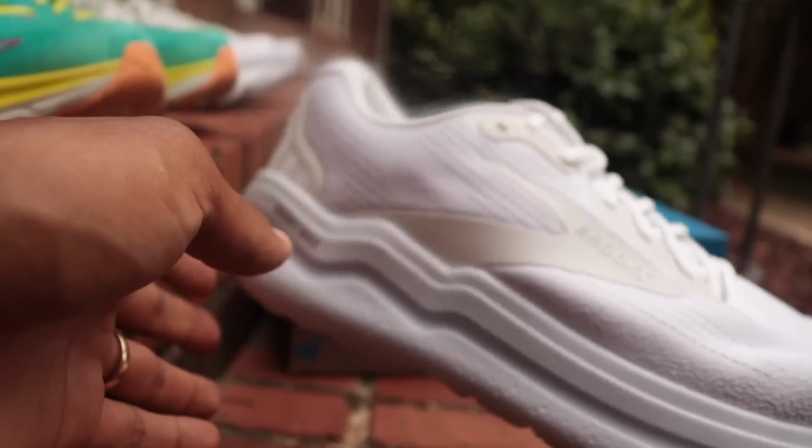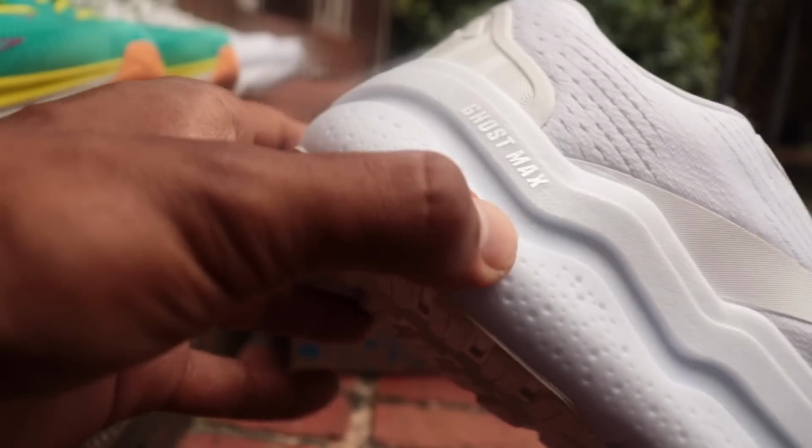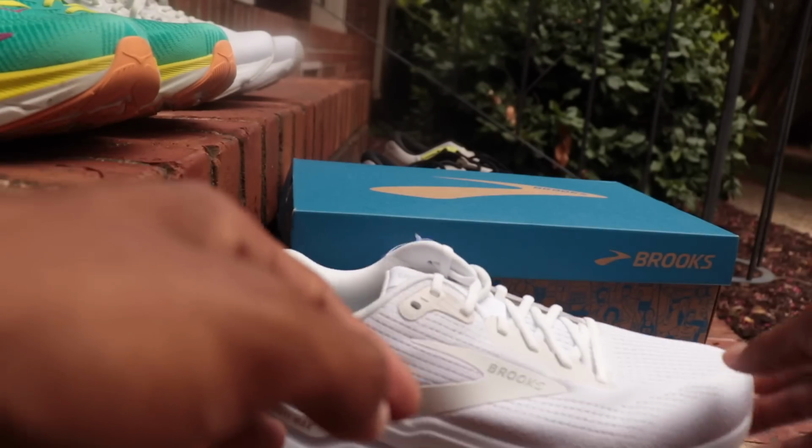It also feels a little bit lighter weight. It doesn't feel too heavy, which I'm glad about. I was worried that it was going to be super heavy. But yeah, this foam, it even feels like it got firmer. So the deal with the Ghost Max 1